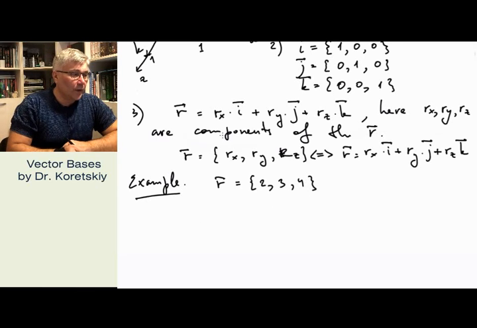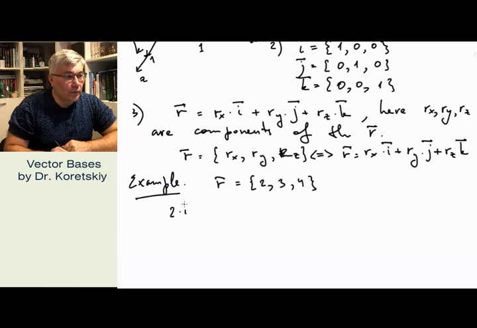Okay, let's check. Example. For example, our vector has components 2, 3, 4. What is the linear decomposition of this vector R? Let's try to write it down. If I input 2 times i plus 3 times j plus 4 times k, we can